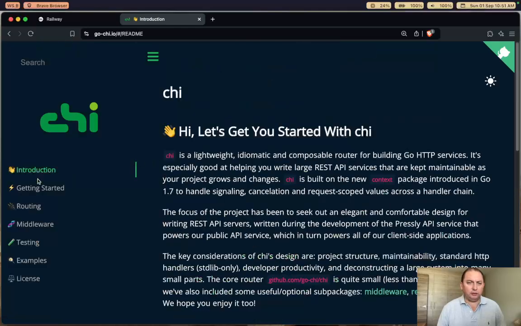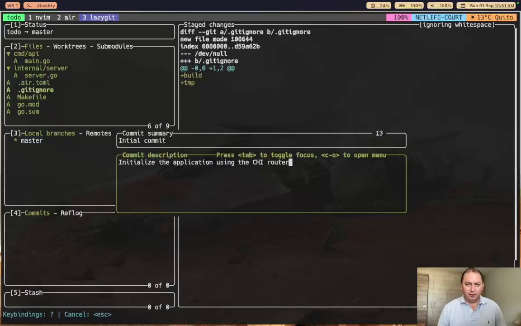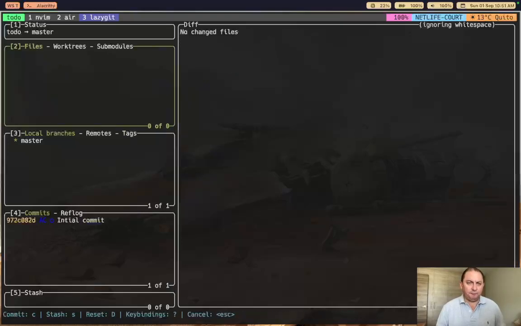So we go to the documentation, and I'm going to copy this URL, command C, and I'm going to paste it here. This way we have just some documentation on where we added this library from and all that stuff. So I'm going to press enter, and now